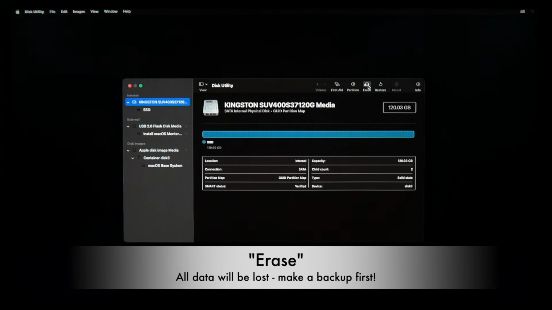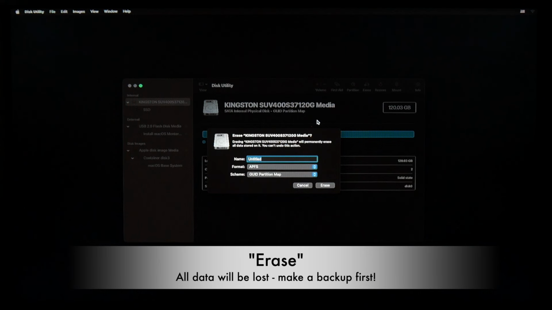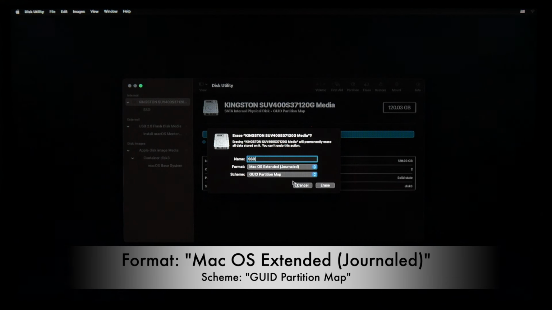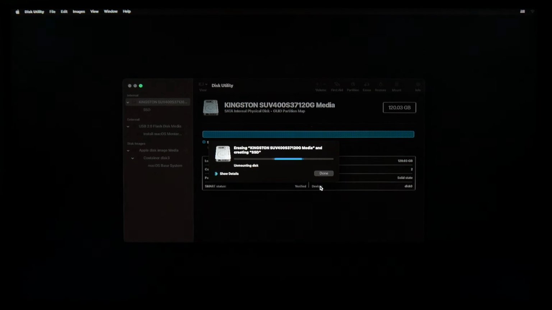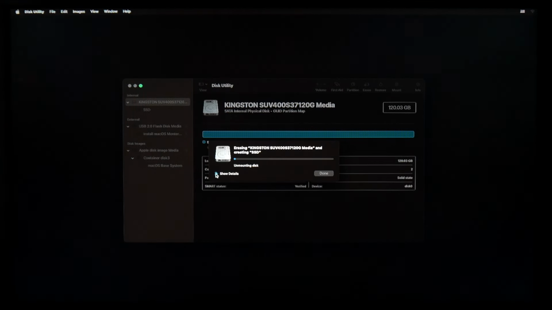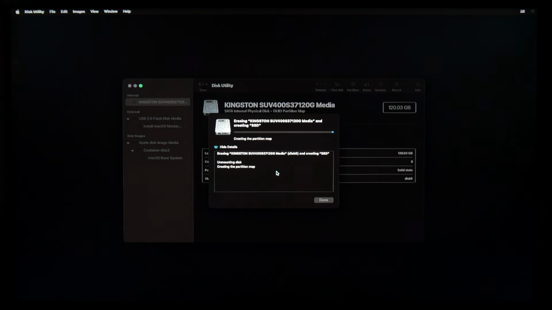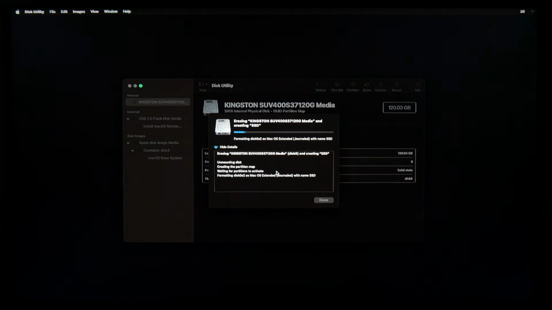You say erase, let's call it simply SSD, and you format it as macOS Extended Journaled with GUID partition map, and you say erase. macOS will take care of all the other formats that are needed for the installation.